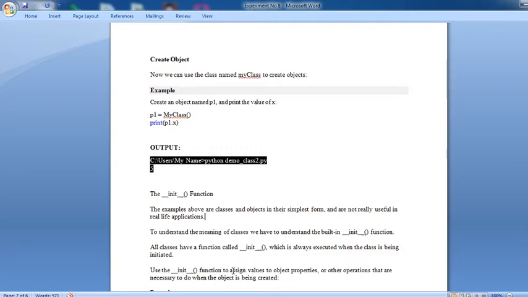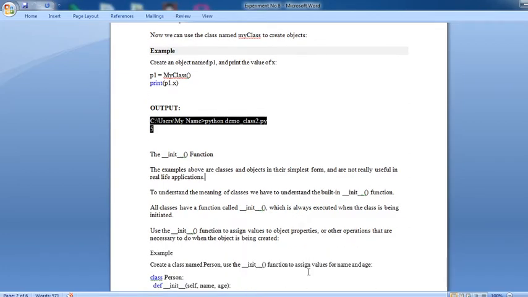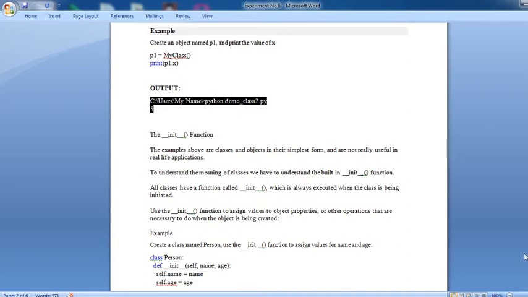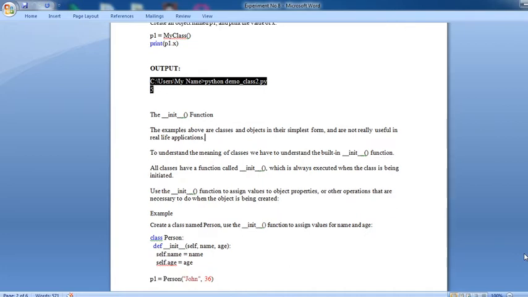All classes have a function called init, which is always executed when the class is being initiated. Use the init function to assign values to object properties, or for other operations that are necessary when the object is being created. For example, first we create a class, after that we create an object, and after that we initialize the function.